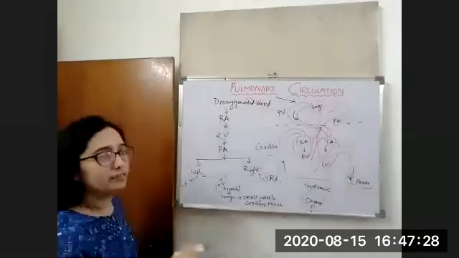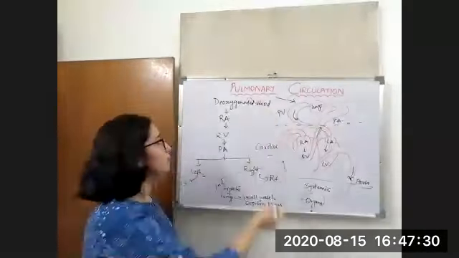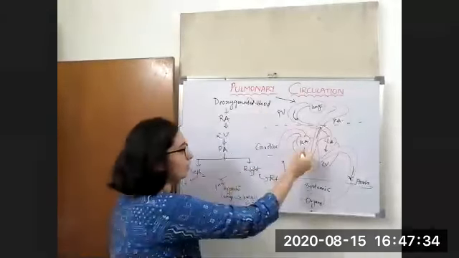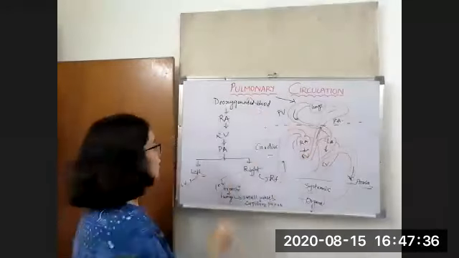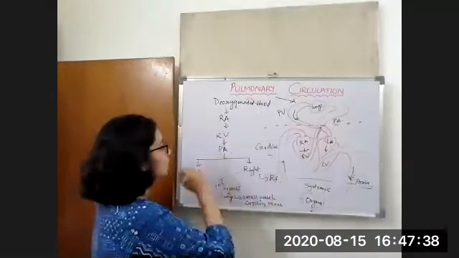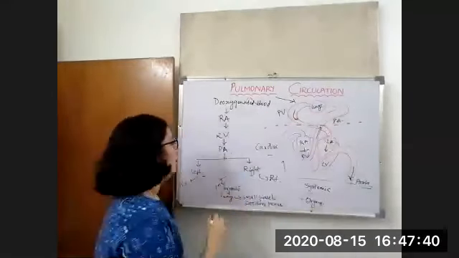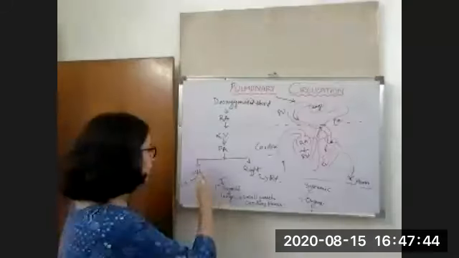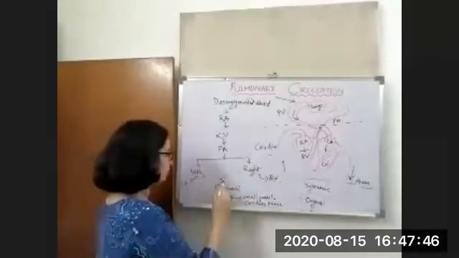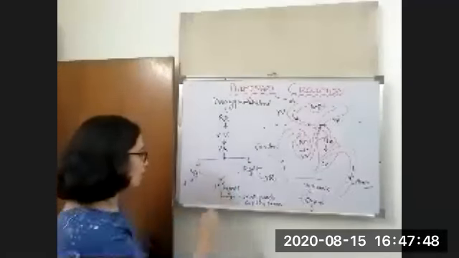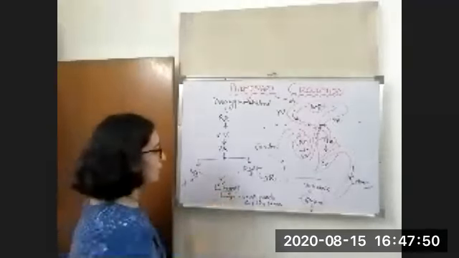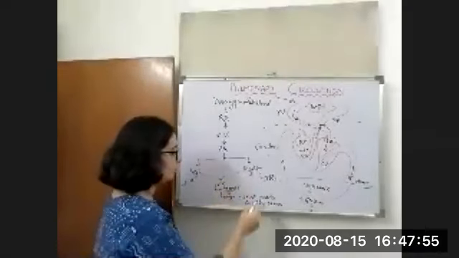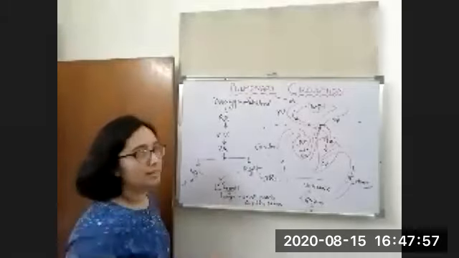So what we saw till now: the deoxygenated blood comes to the right atrium, it goes to the right ventricle through the valve which is present here. Now it drains into the pulmonary artery. It divides into two branches. It again joins with the primary bronchi and enters the lungs. Now these branches in the lungs divide into small vessels and form the capillary plexus.